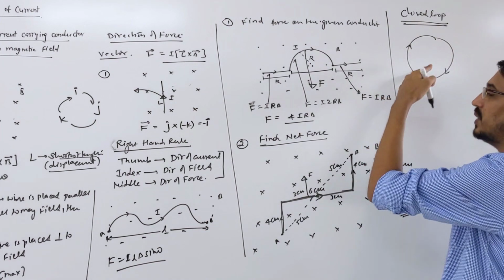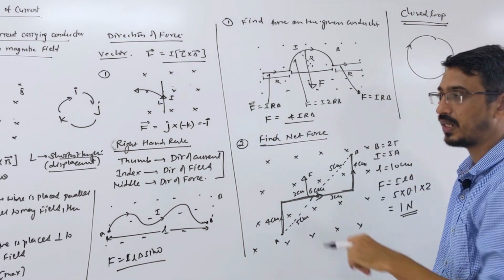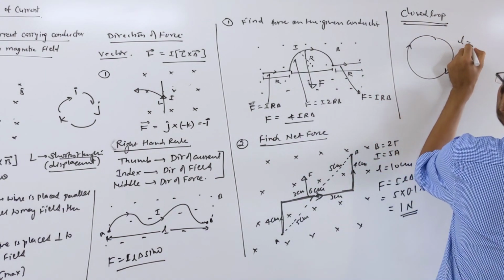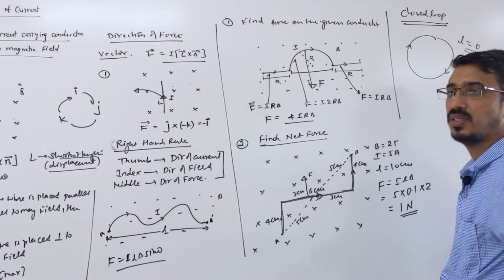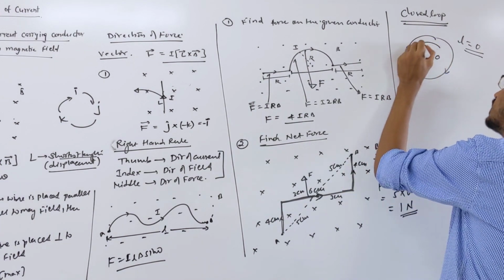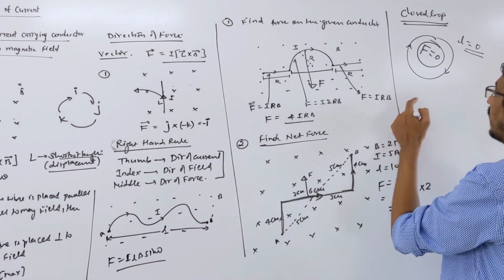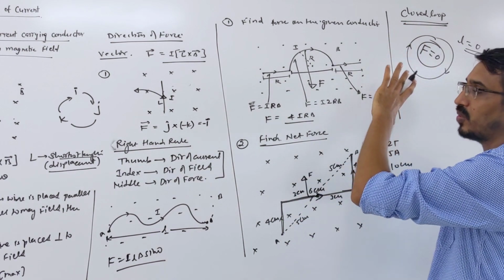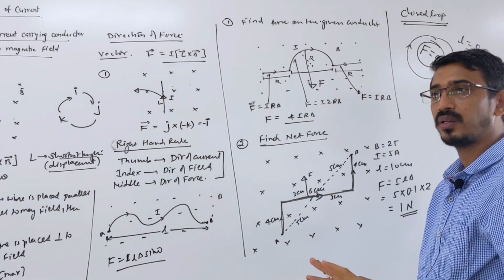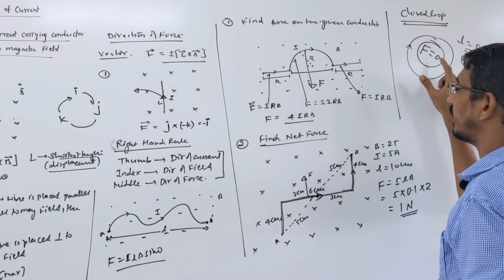In a closed loop, the displacement or the shortest distance between starting and last point is what? 0. Correct? Displacement in a closed loop like a circle is what? 0. Your length is what? 0 in real, right? Yes. So the force on a closed loop is always what? 0. Correct. So this is very important. I will talk about this topic separately because in a closed loop the net force always becomes 0. So we will talk about what? Magnetic moment or torque. We will talk about the torque that will act on a closed loop.